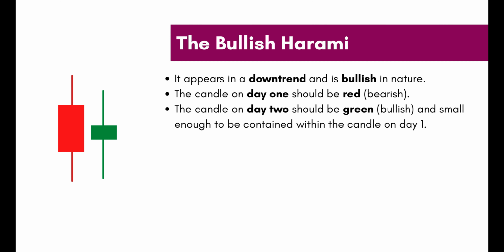It is a bullish pattern which appears in a downtrend, and the logic behind this pattern is that the bears were in control of the market and were pushing the prices lower. This is confirmed by the long red candle on day 1 of the pattern. However, on day 2, the market opens higher than the first day's closing, which put the bears in a state of panic. With this panic, the market manages to gain strength and close somewhat below the previous day's opening. This formation of a green candle on day 2 not only establishes the bulls but also unnerves the bears. Hence, the bullish Harami pattern suggests a trader to go long on a stock.